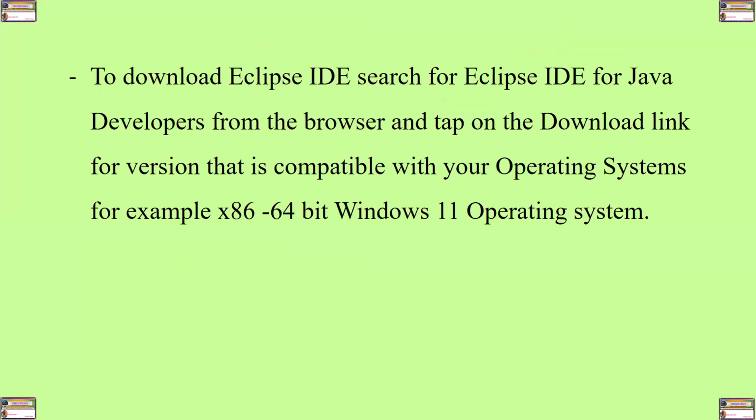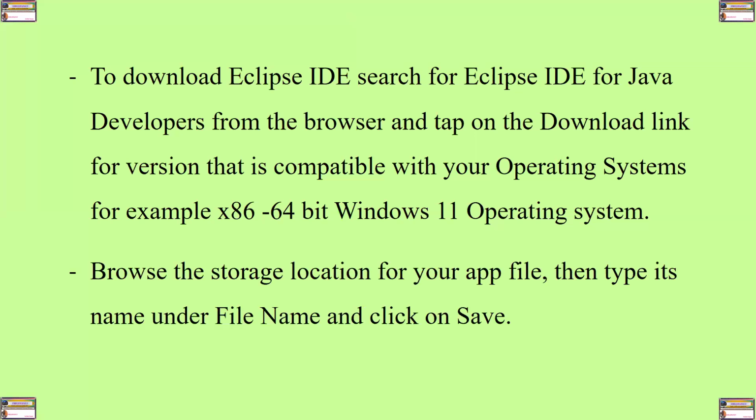To download Eclipse IDE, search for Eclipse IDE for Java Developers from the browser and tap on the download link for the version that is compatible with your operating system. For example, x86 64-bit, Windows 11 operating system, or any other for your operating system, such as for Linux, Macintosh operating systems, and others. Then browse the storage location for your application file once the download is complete, and